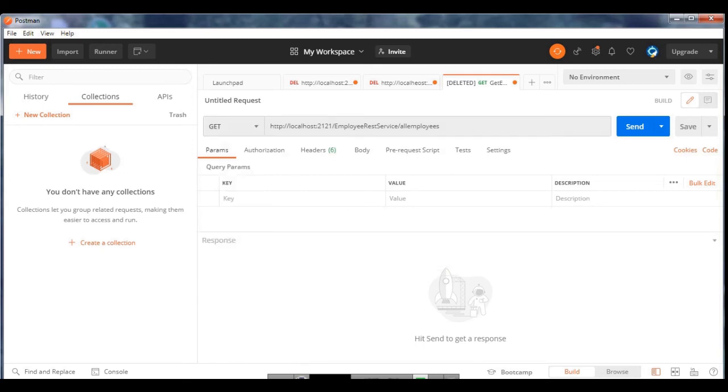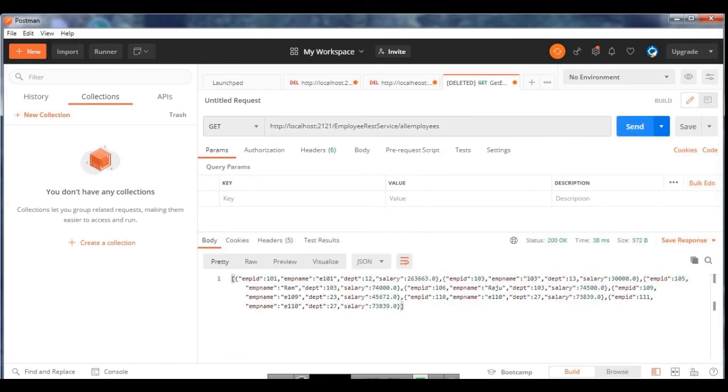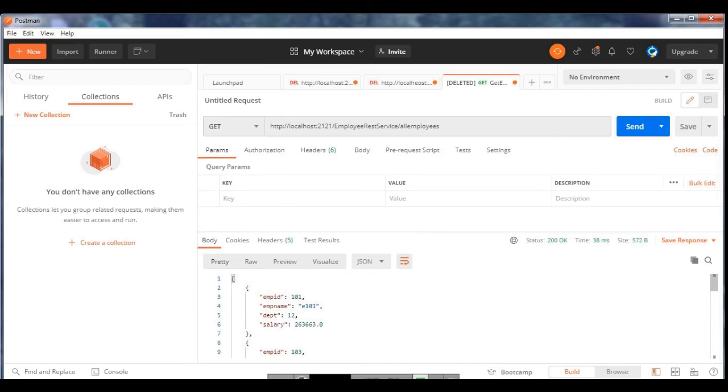So this is the whole URL that I have put. This is the method type GET that I have put, and here I have to click Send, meaning I'm sending the request basically. I click this, and now here you will get the output. When I'm doing it practically, you will automatically get an idea, so no need for me to say so much about it. By observing it, you will get it. So this is all the employee objects in JSON format, which is the default.